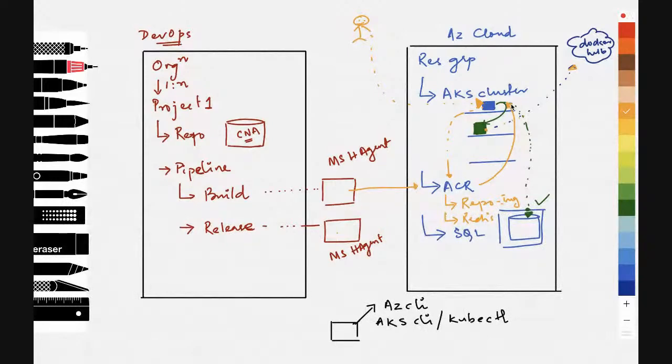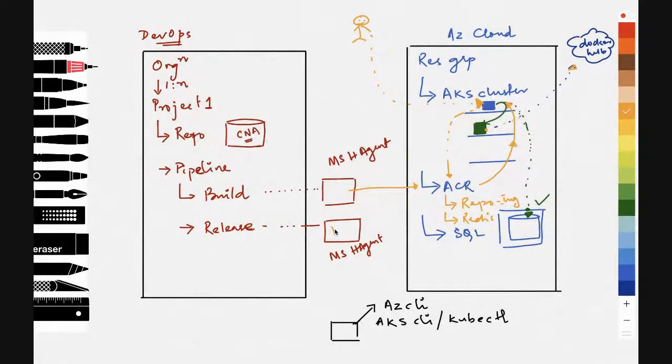For that, we normally execute an attach ACR command, which helps us in attaching our AKS to an Azure Container Registry. A service principal gets created, and we say that AKS would be using that service principal. And we are giving access capabilities for pulling images from ACR. Pull is the capability we would be giving. So our AKS cluster can go ahead and pull the image and deploy it.